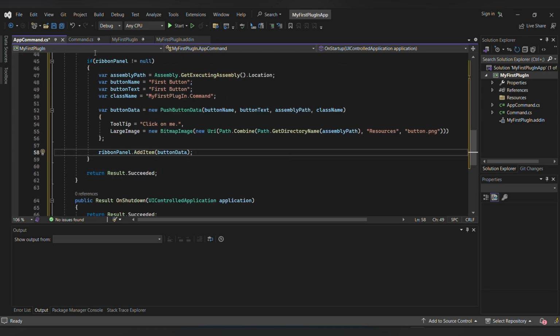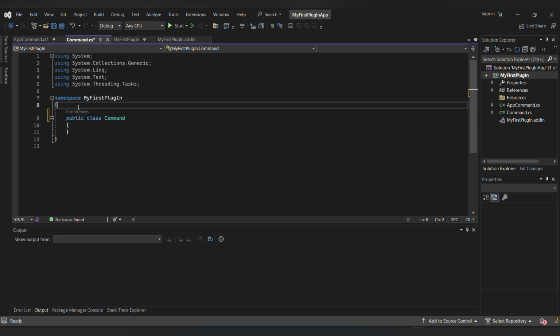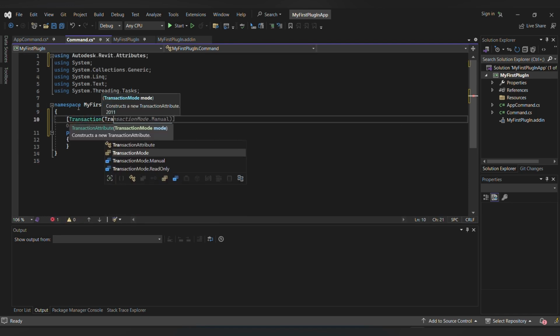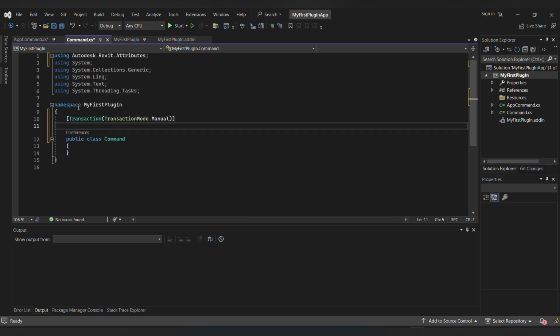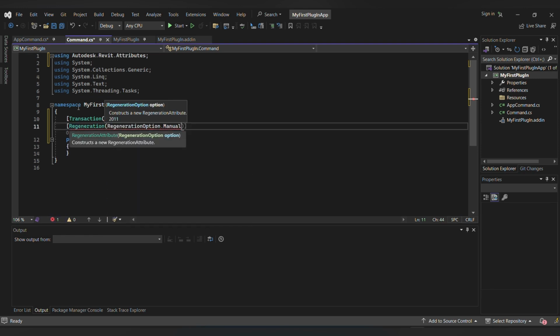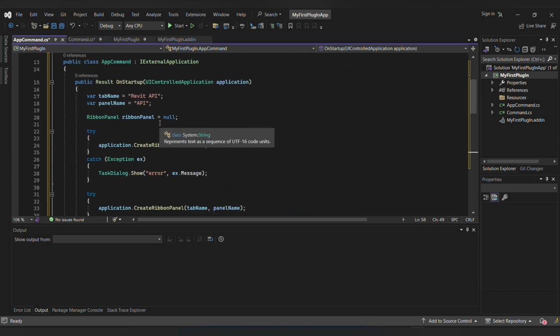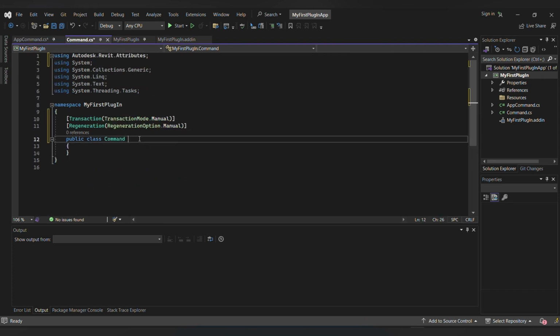Now we are going to create the command. So make it public first, and we need to use some transaction here. So transaction, pass transaction mode as manual, and then we'll pass regeneration, and also this is going to be manual. Yeah, now here in app command we create the application. Now we need to create the command. So we'll pass